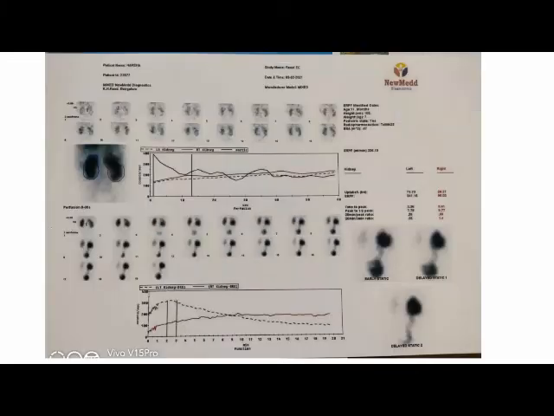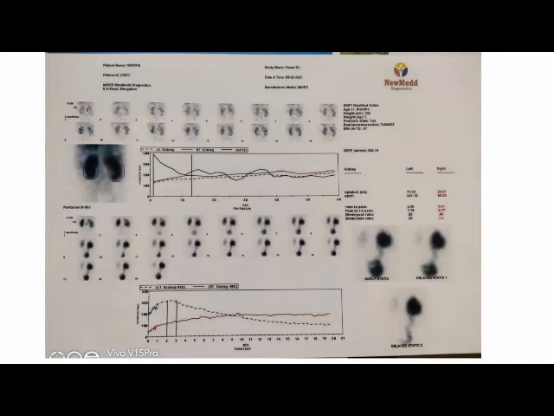If you see the scan with VUJ obstruction, you know that the ureter enters at the trigone level. So if the bladder is well distended, the distal portion of the ureter will always be behind that of the bladder. So some amount of bladder activity, which is coming from the normally functioning kidney, the technetium-labelled dye, will be coming into the bladder, and it will be overlapping over the ureter. So the reading will get affected because the background activity will be the addition of the bladder activity plus that of the ureter.